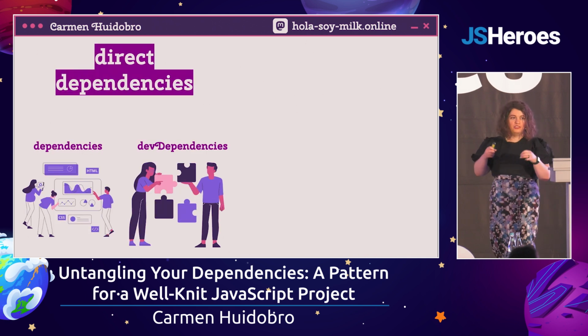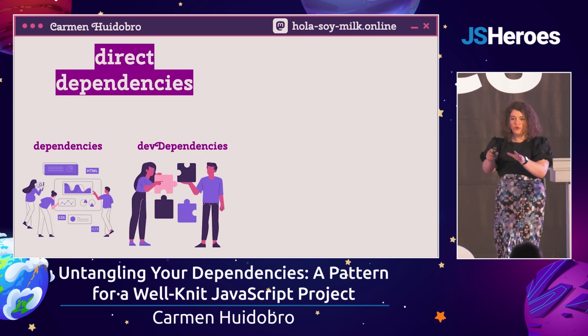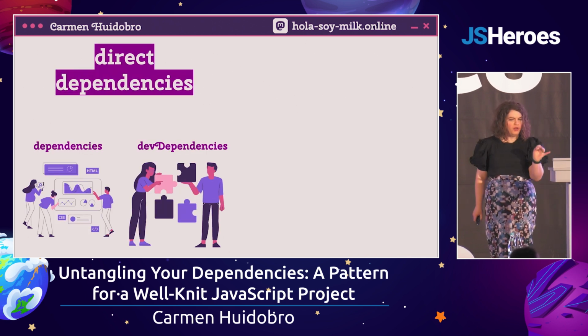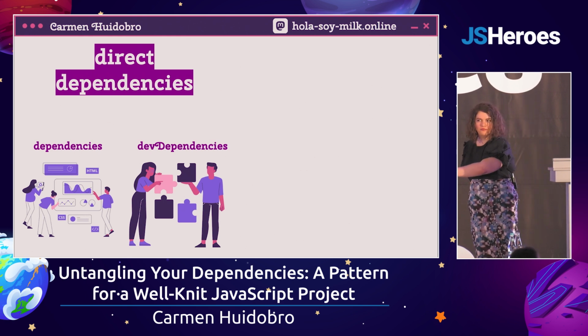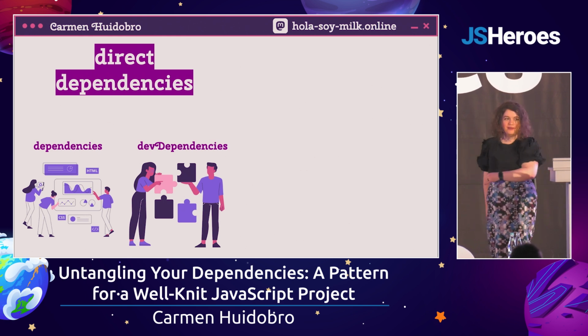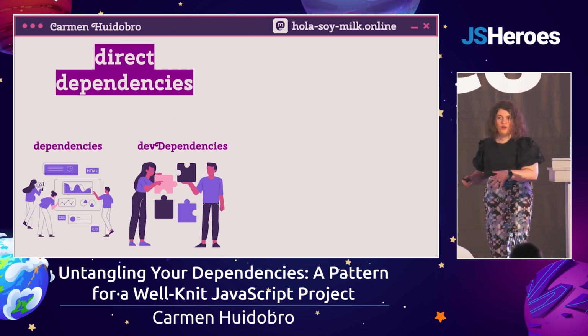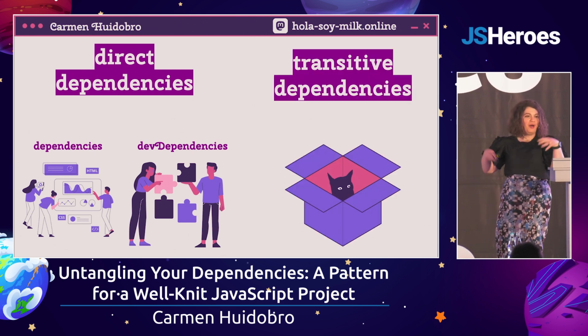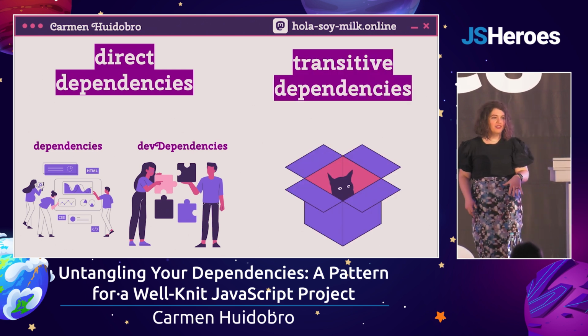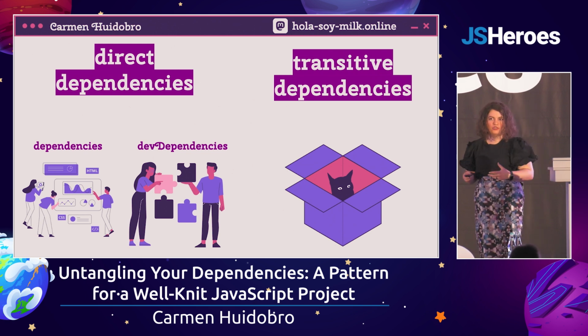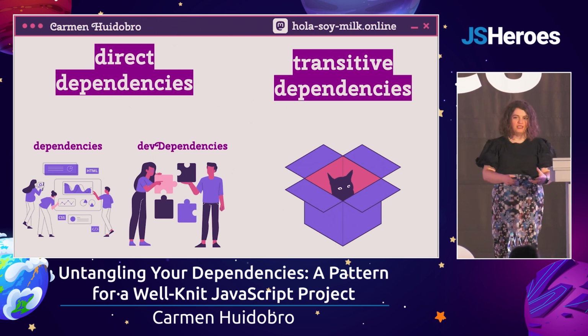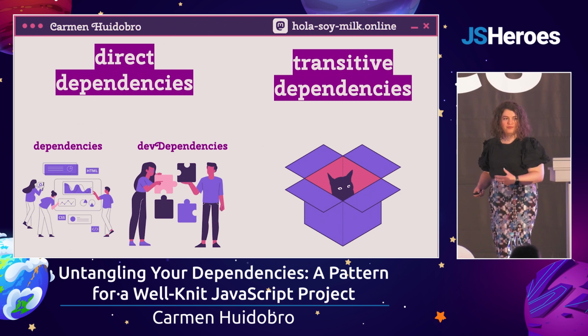Now, these are called direct dependencies. Those are all well and good. We have control over them. But what about the dependencies that those dependencies depend on? What a nice and clear way to say that. If you leave that box open, they are going to just start piling into that box. These are called transitive dependencies. And this is where a lot of the chunkiness of that node modules folder comes from.